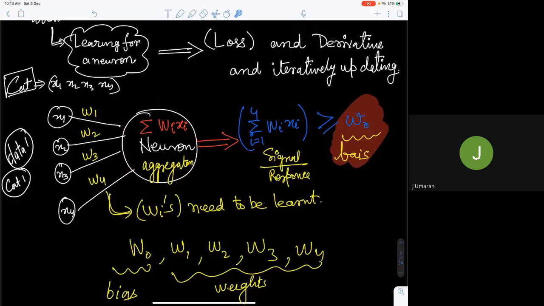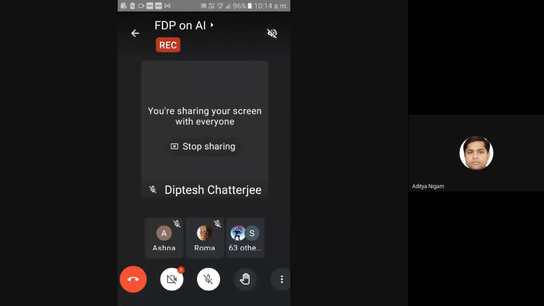And what is the abstraction of computation this neuron is doing? It is just doing some aggregation, that is w1 x1, w2 x2, w3 x3, w4 x4. And if this value is more than or less than a particular threshold,